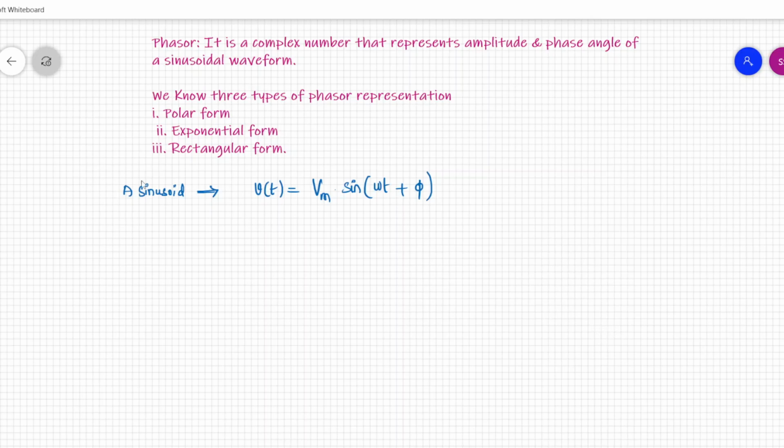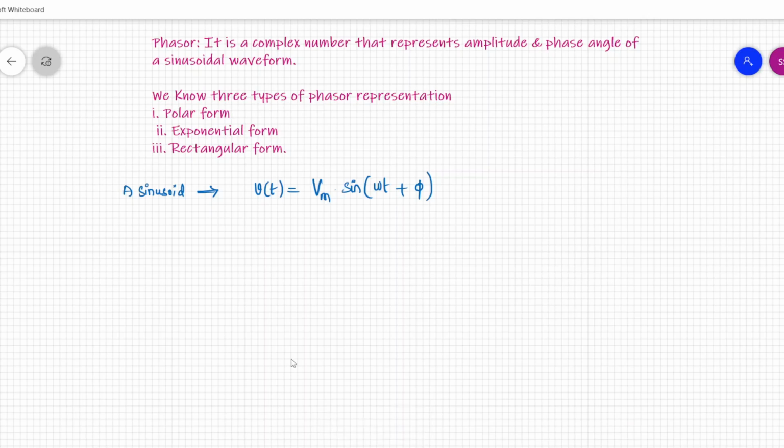So I'm going to brief you about phasors now, because we are going to study the steady state analysis of AC circuits. Okay, so what was the definition for phasor? A phasor is a vector which rotates in the counterclockwise direction at an angular velocity of omega. It can also be expressed as a complex number actually. A phasor is a complex number.